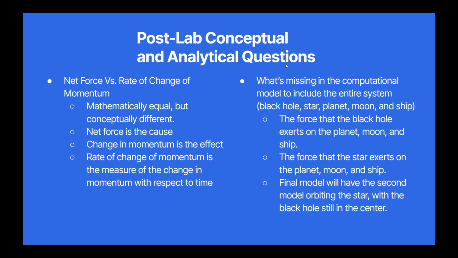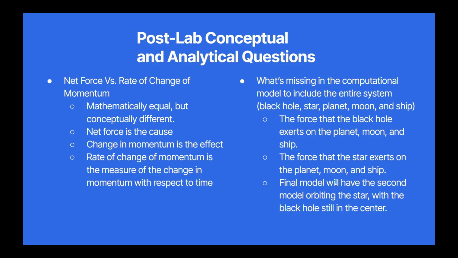And what's missing in the computational model to include the entire system? The black hole, the star, the planet, the moon, and the ship, all modeled together. We would have to include the force that the black hole exerts on the planet, the moon, and the ship, and the force that the star exerts on the planet, the moon, and the ship. And then with these forces, we include those in the net forces to get the correct forces, and we would have a final model